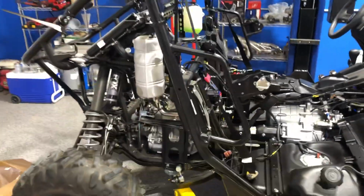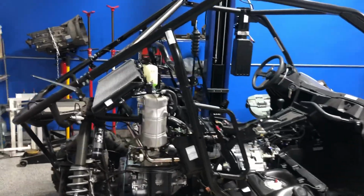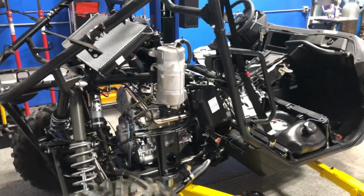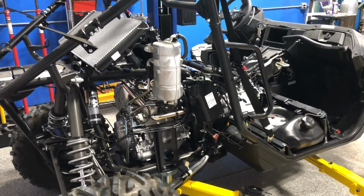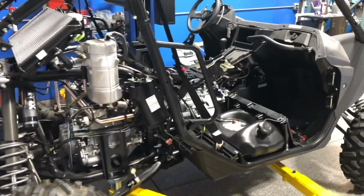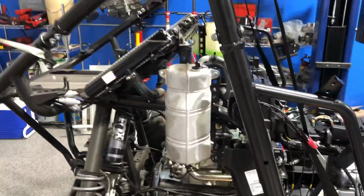But just figured I'd give you guys an update. Anybody wanted to see a 2019 with no skin on it, this is what it looks like. Nice car. I mean, side-by-sides they're pretty cheaply made in my opinion. Lots of plastic, 10 million cable ties holding everything together. Disappointed to see the cable ties are not trimmed, if you look at all this stuff, but that's just how it comes from the factory. So slowly we'll get it all cleaned up. Should be real fun